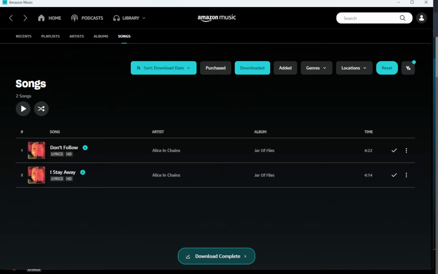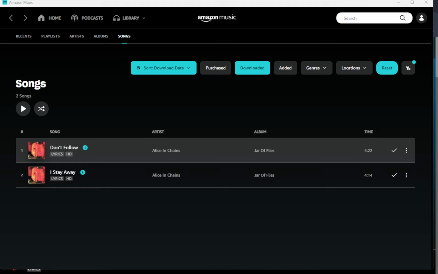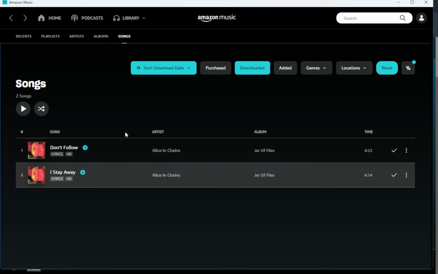A few important notes before you head out. Downloaded songs play only inside the Amazon Music app. They're protected and can't be transferred as regular MP3 files or copied to other players. If your subscription ends or changes, some or all of your downloads may become unavailable. And remember, Prime users are limited to selected playlists for downloading, while Unlimited opens up far more of the catalog.